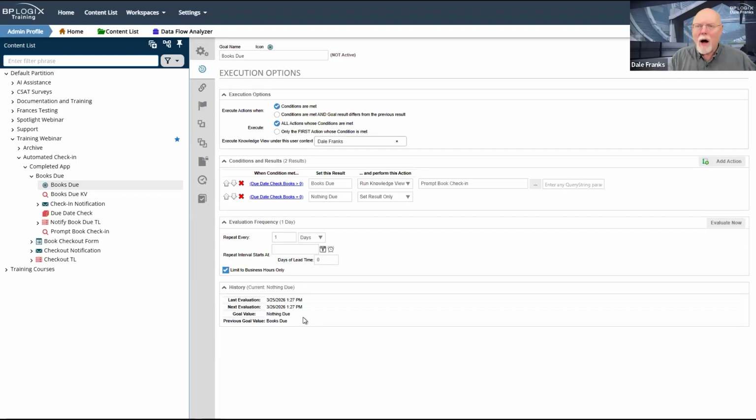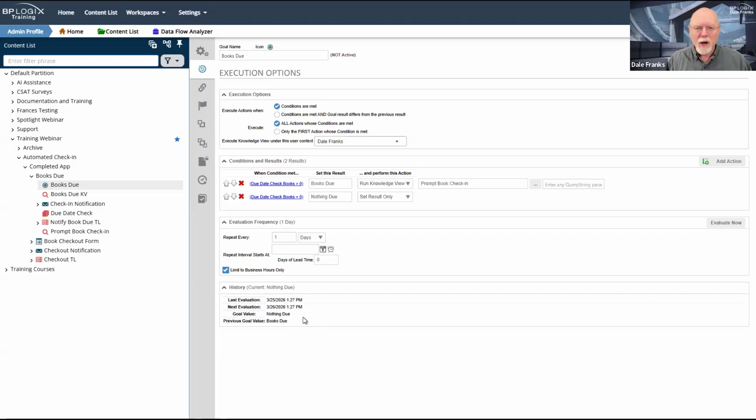Unlike trying to run a process by having a knowledge view that runs a process for each row, invoked with the Windows Scheduler, where we don't really have any insight into how that's working or performing or when it's running or what the status was, goals fix all of that.